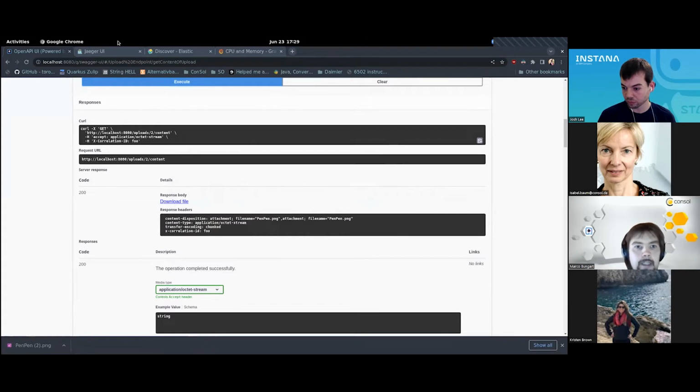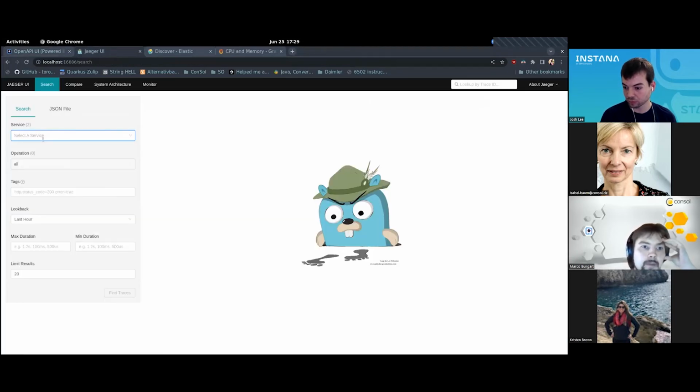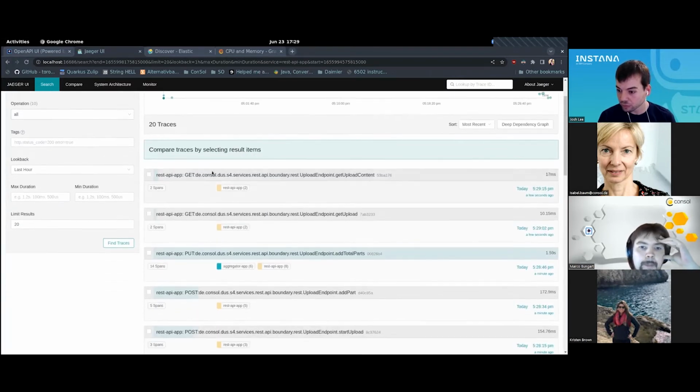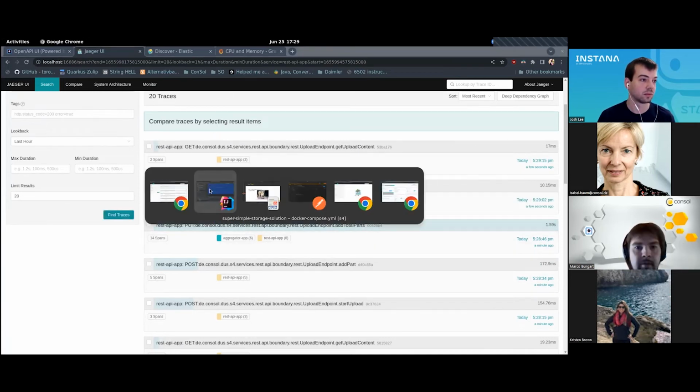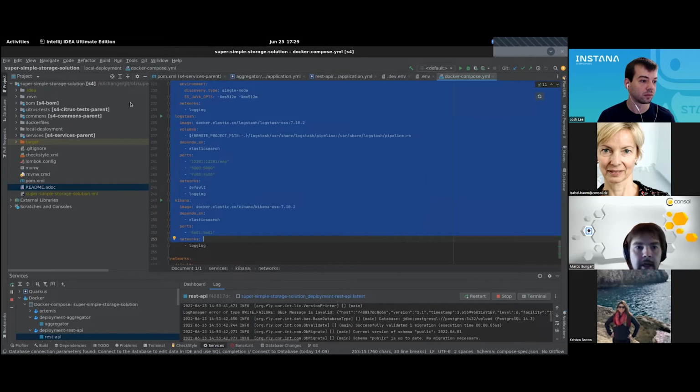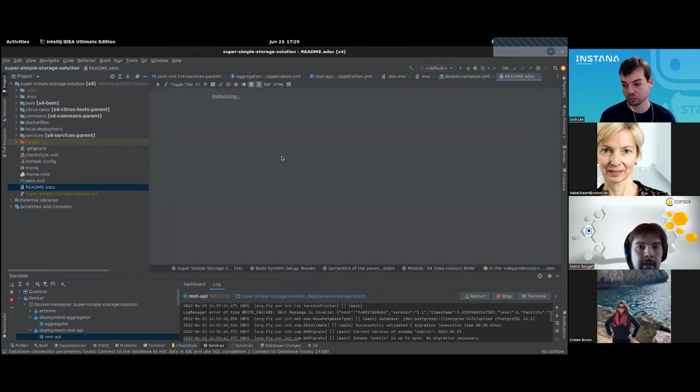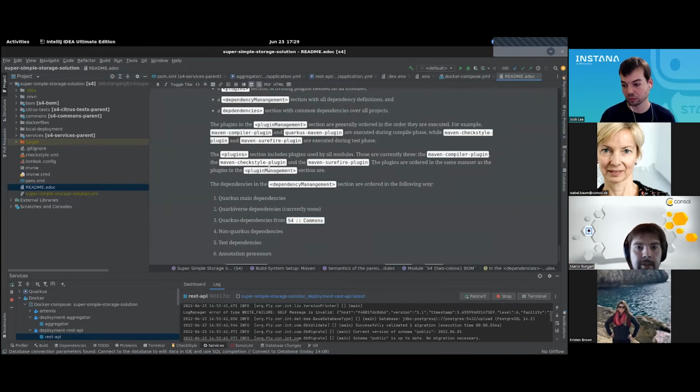So that's the boring part. Now comes the interesting part. This here is my Jaeger instance, and it is running in the background. So my application has, during all of this, sent trace information to the Jaeger backend. And the interesting call is this call right here. Yeah, this is the call that, let me switch back to the overview of the application right here. This is the call right here.